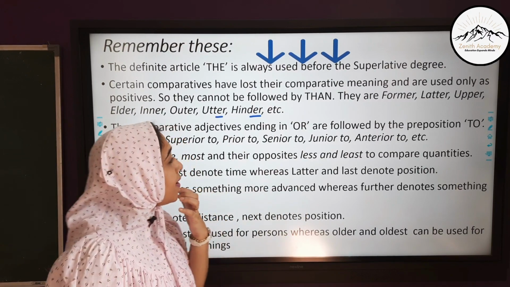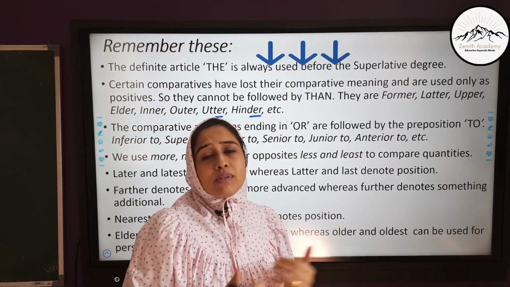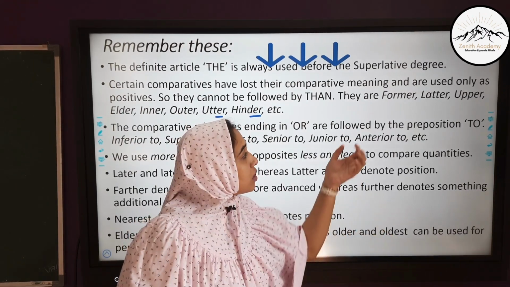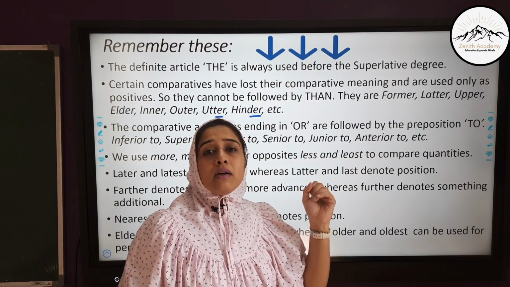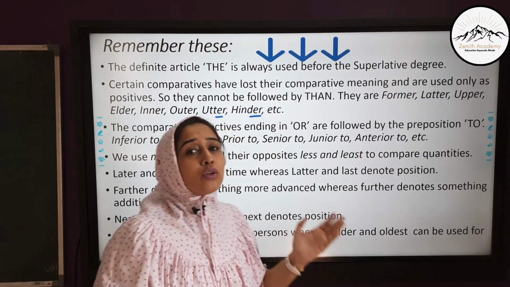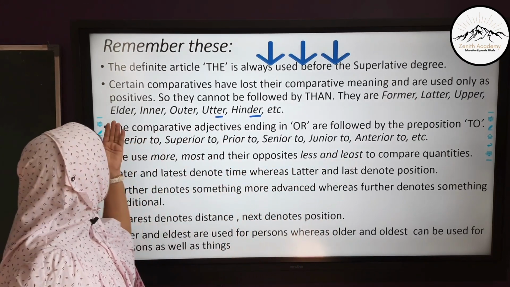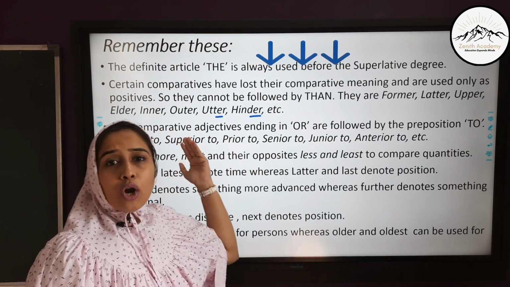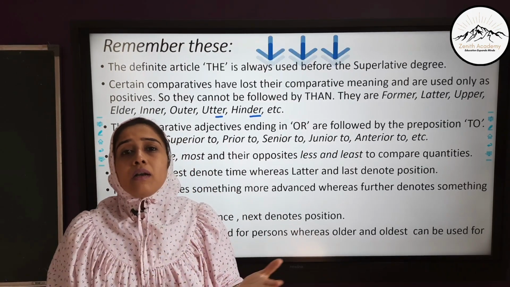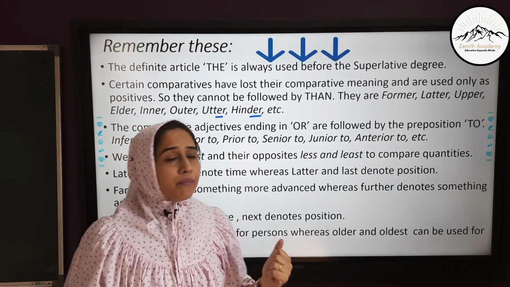For example, when I say I stay on the upper floor, I am just describing where I stay, I am not comparing it to anybody else. So the word itself means that the positive form is used over here and it is not compared. So do not get confused by seeing the spelling of the words. Elder, I am the elder daughter. I am not comparing myself to be elder from any of the other siblings. I am just describing that I am the elder daughter.